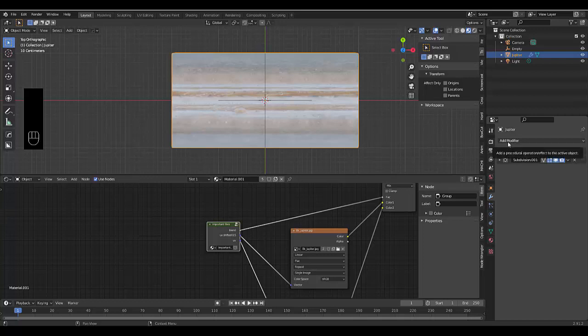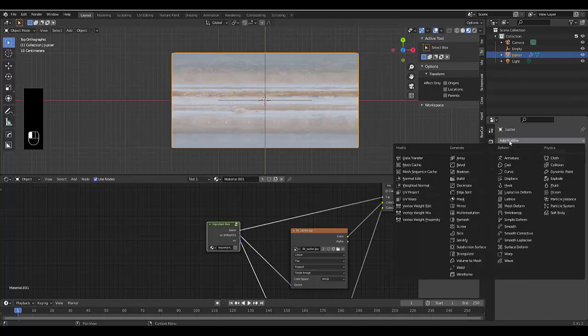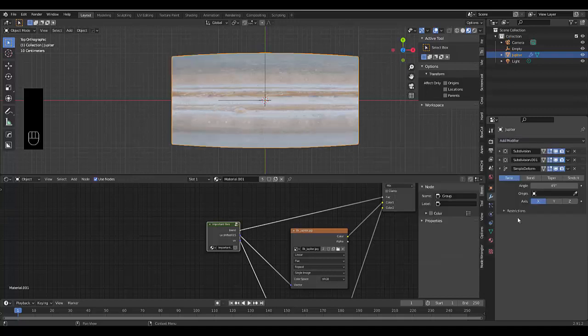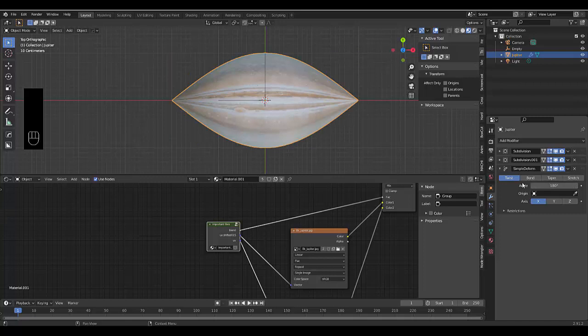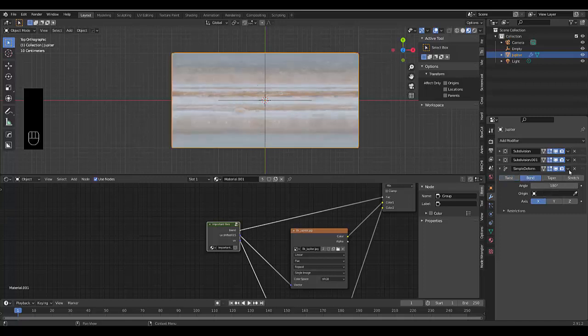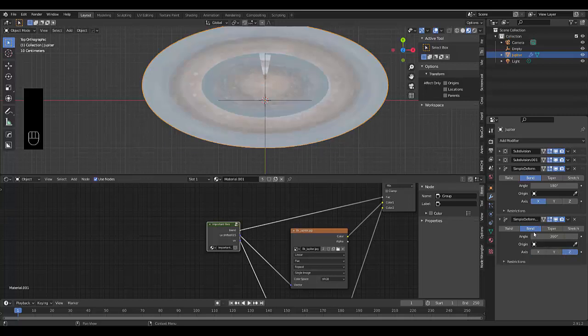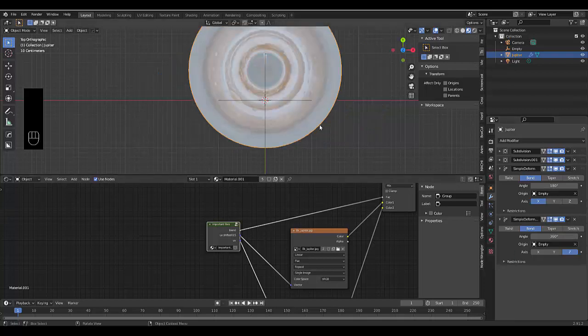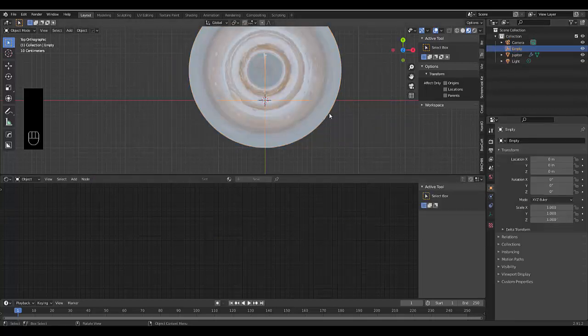And we've already got 2 subdivisions here, and the approach we're using at the moment is non-destructive. Let's use simple deform, change this to 180, and turn it to bend, and then click on this and press Shift D to duplicate it, change this to 360, and make this on the Z-axis bend. And now let's connect the empty to this, and nothing will happen just yet, but as soon as you select the empty, and press N,